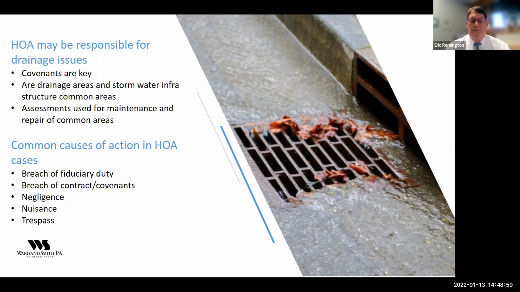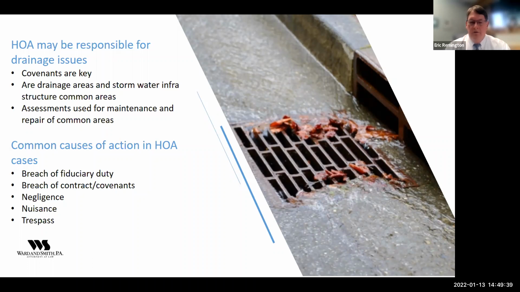Another example I'll give you is you've got two lot owners. One's lot is a little bit higher than the other, and the water naturally flows from the one owner's lot to lot owner B's lot. And so lot owner B ends up building a dirt berm along the boundary line between his lot and lot A. The question is, is the HOA responsible for that when the water backs up onto lot A? Could be and could not be. Again, it depends, because